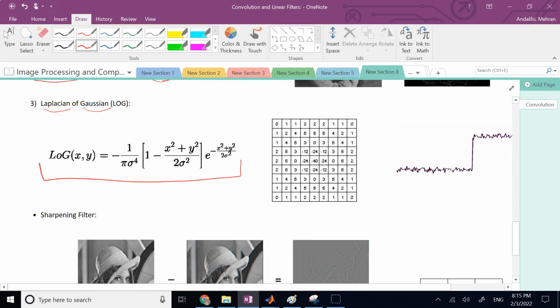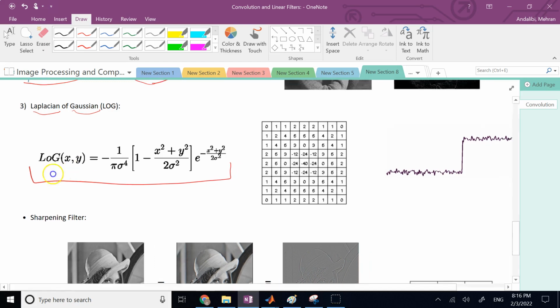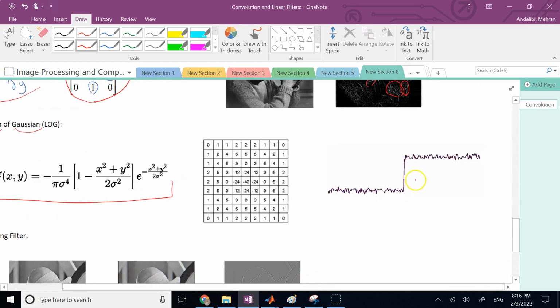And you might want to say, okay, what's the purpose? Why do you apply Laplacian and Gaussian? Because Gaussian does blur, Laplacian does detect the edges. And you're right. The goal of it is to detect the edge in an image where the light intensities on the two sides of the edge are noisy. So if you want to do edge detection in a noisy image,